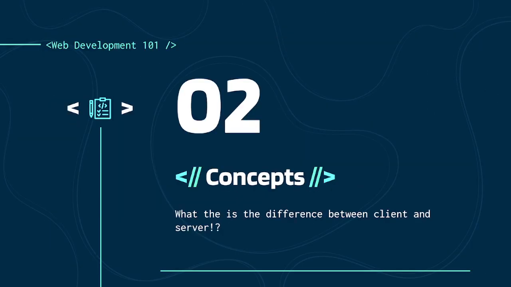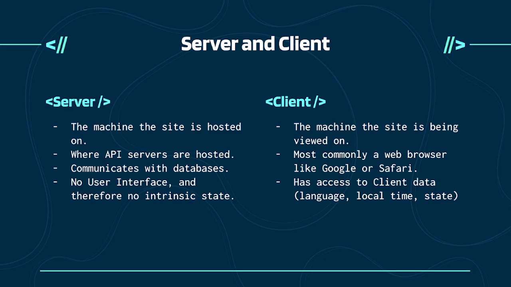These are big simplifications, but the server and the client are essentially two different environments that are important for making a website, right? Now, when you're developing something on localhost, it's really hard to understand the difference because both the server and the client are on your same machine. So when you're running a localhost website, the server is actually your VS Code terminal or whatever terminal you're using. And the client is another interesting thing.